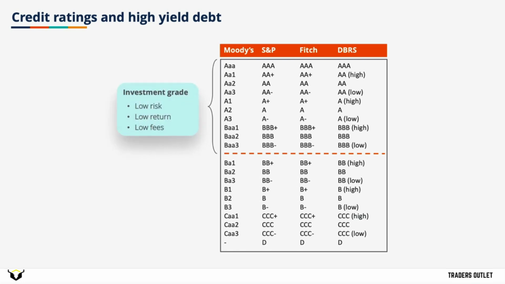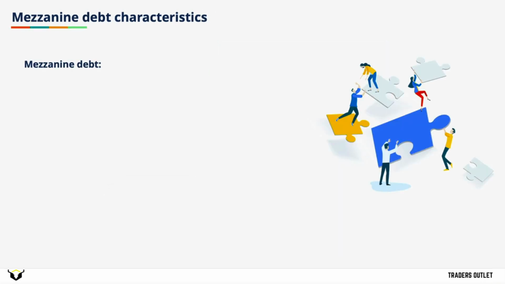Investment grade is deemed safe for institutional investors with lower risk and lower return. Below that line, there is what's termed high yield, and sometimes also called junk bonds, where there's higher risk, higher return, and more fees associated with raising debt. So it's very important to understand, as both a company that's going to be raising money or an investor that's going to be investing in bonds, where you fit on this spectrum, because it's going to be directly related to the cost of debt. Let's take a closer look at mezzanine debt.